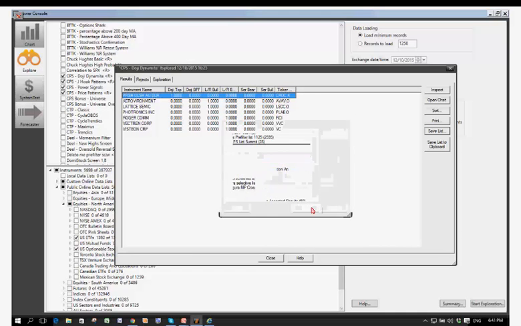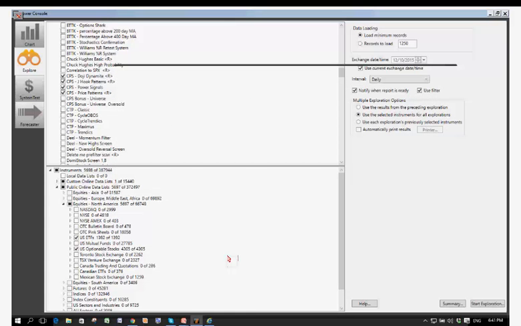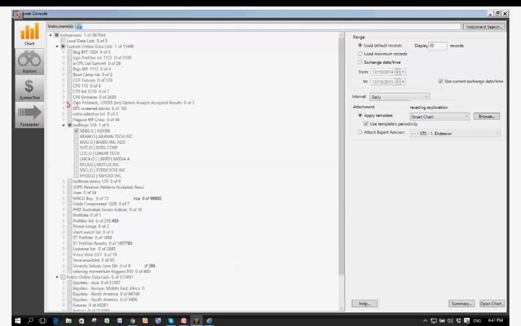And that basically puts the list into Metastock for you. I'll go ahead and close this out. Now I want to look at the charts. I'm going to come back over here to the Chart tab. And what I'm going to do is instead of looking at,